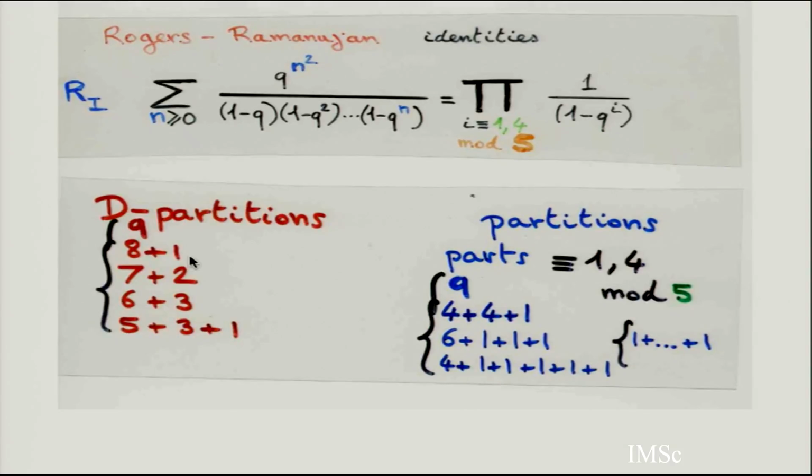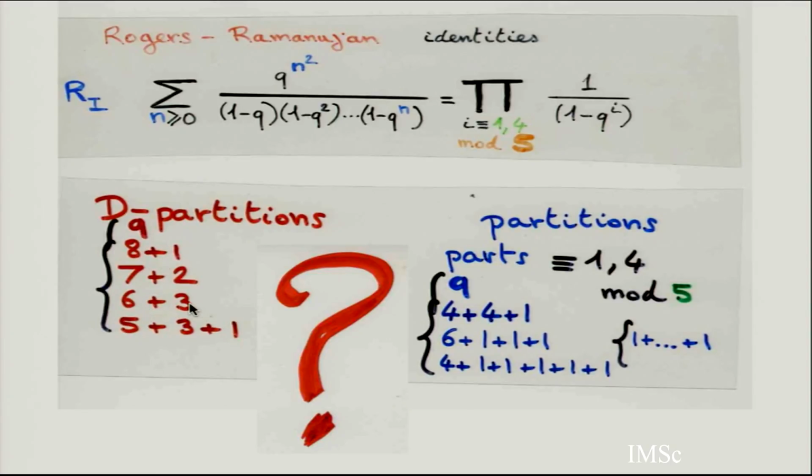Now the left-hand side is D partitions. All the partitions with difference between two consecutive parts at least 2, so we have 5 partitions. And this is a big major problem, to find a nice bijection between both sides. Maybe there is no nice bijection, even no piecewise, like this bijection. But this is a deep identity. This is one of the jewels of q-series and one of the jewels of combinatorics, that these two sets of partitions are the same number on both sides, and it's not at all obvious. There is some bijection, but a terrible bijection. I will not comment too much on this, not to be not nice with some friend.